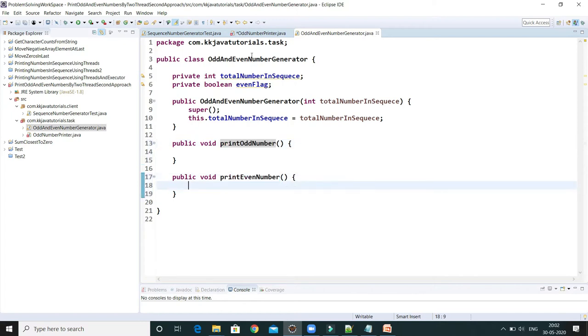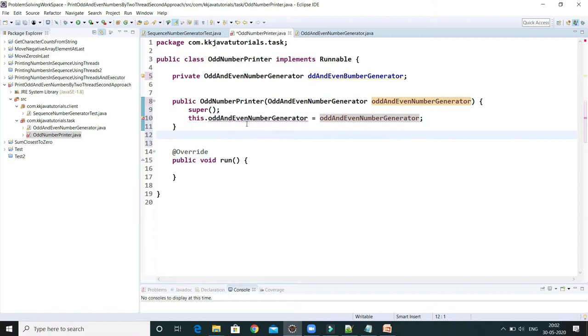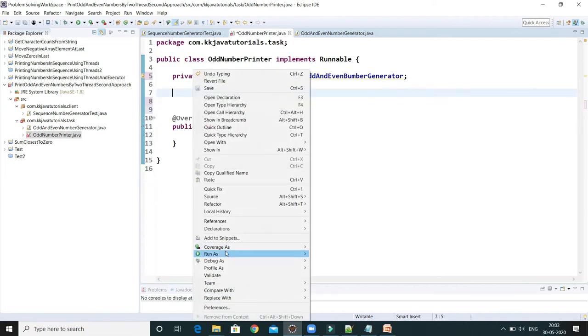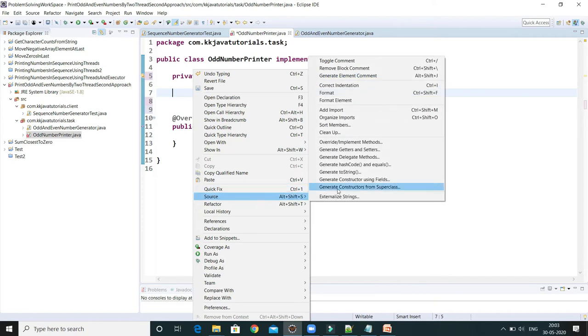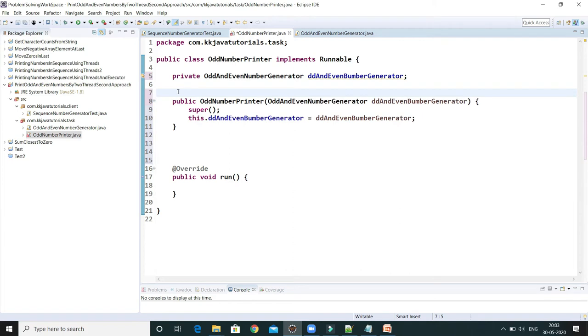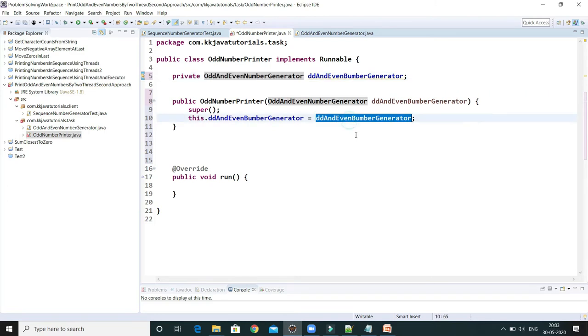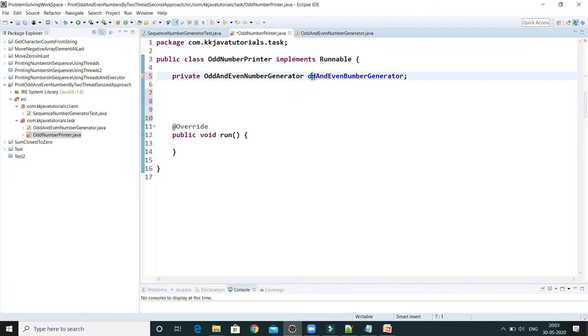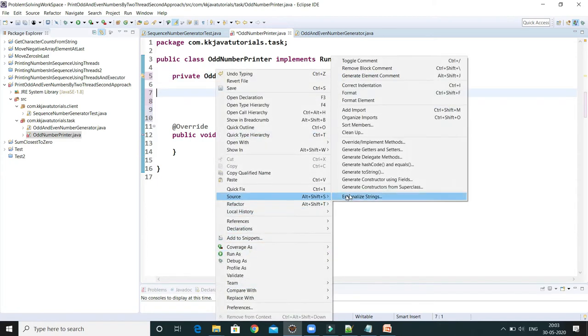Now come back over here. Why is this still showing a problem? I don't know why. Let's generate the constructor again: go to the source and generate constructor.